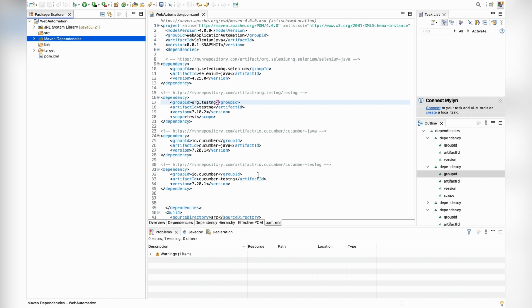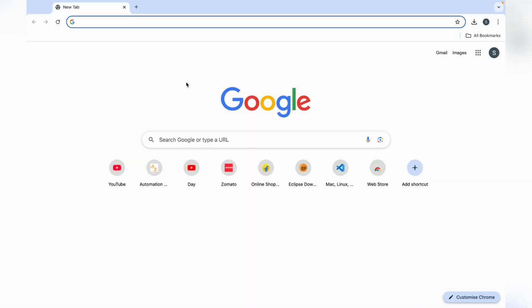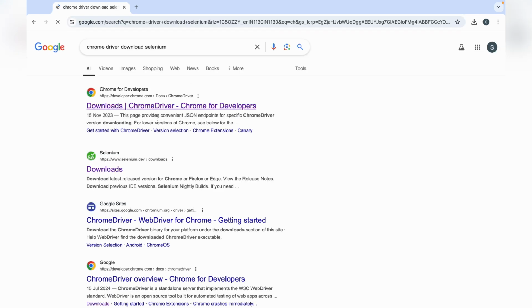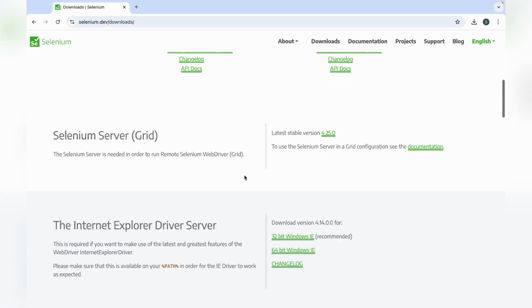One final step we need to do is to download Chrome driver, because Selenium communicates to the web browser with the help of Chrome driver or any browser driver. Open Google Chrome and click on Chrome driver download. You can select this Selenium downloads, scroll up,